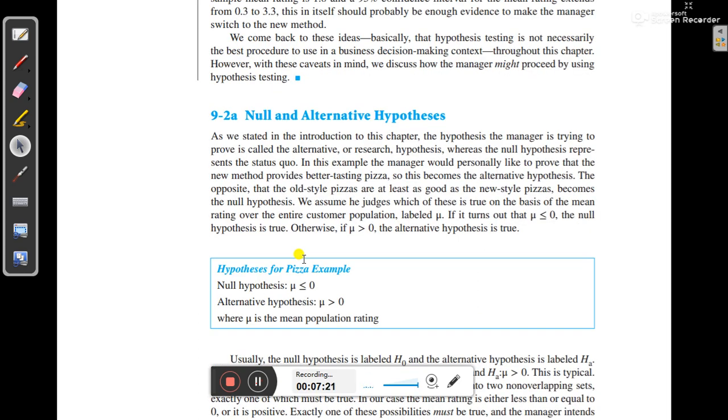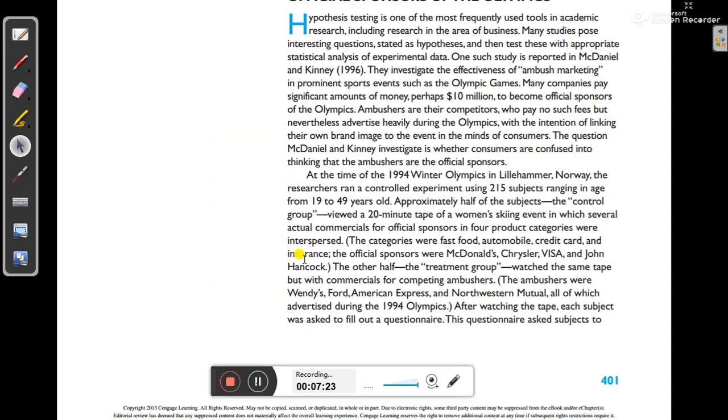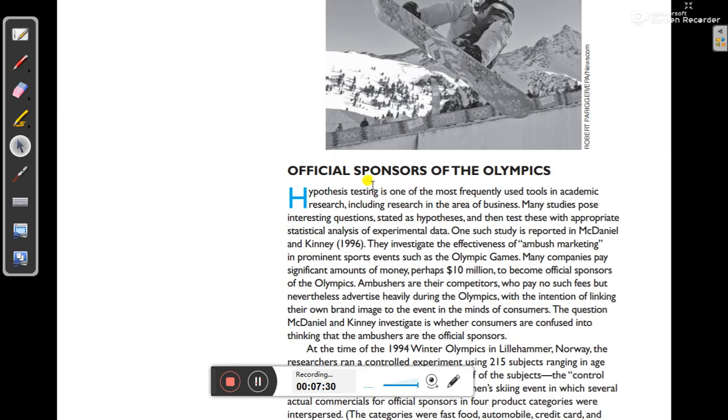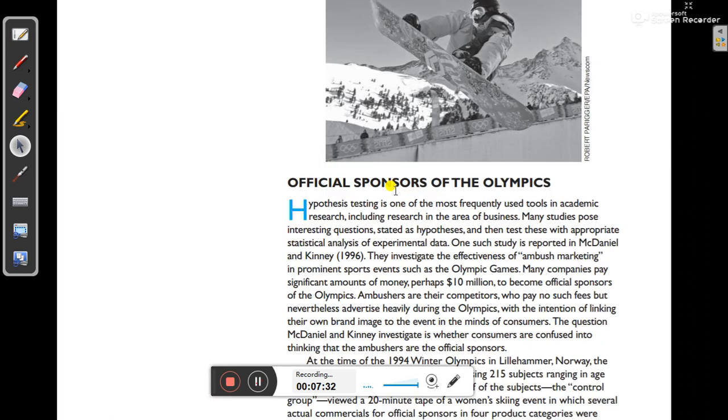So we try to go through an example right now. Here, hypothesis test. Here one example we are going to introduce. Just I read these statements. You just try to give some focus on this. Hypothesis testing is one of the most frequently used tools in academic research, including research in the